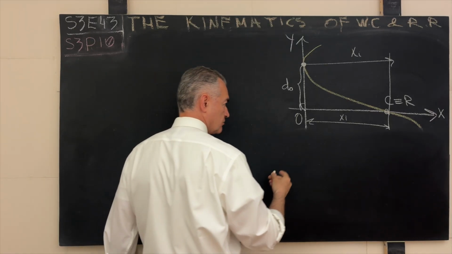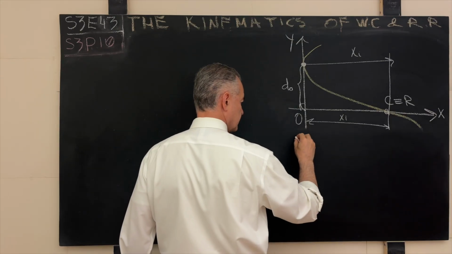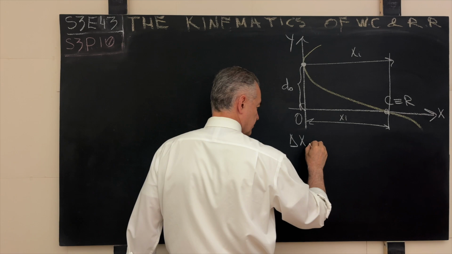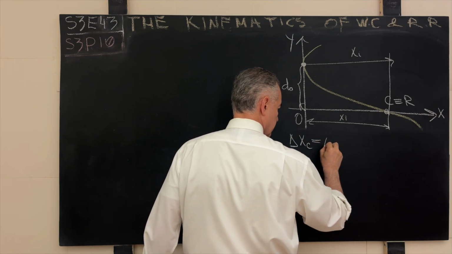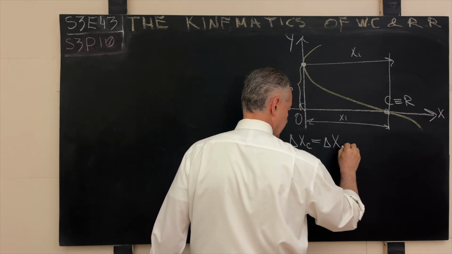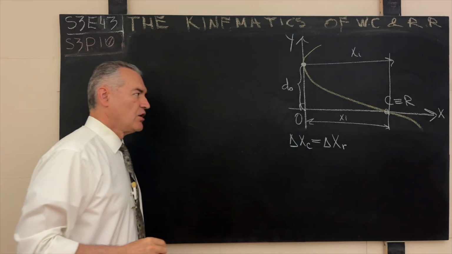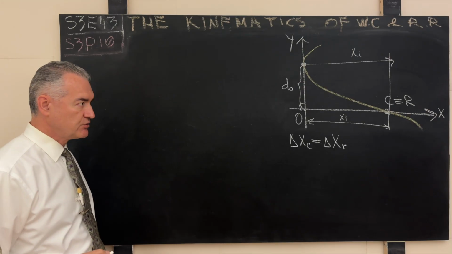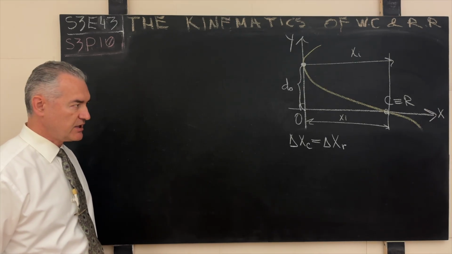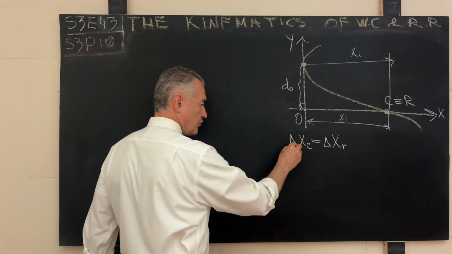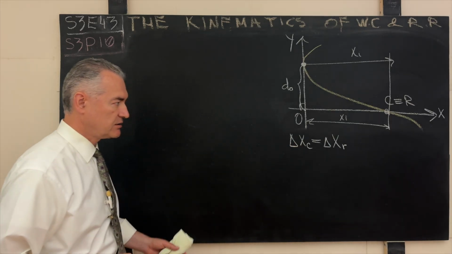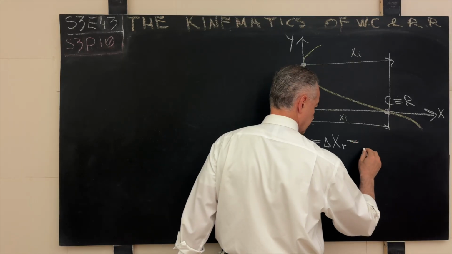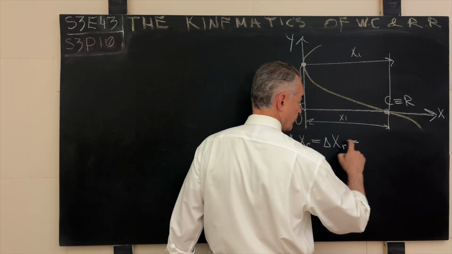We know what the deal is with the intercept. So we write it as follows. The horizontal displacement delta x of the chaser must be the same as the horizontal displacement of the runner. This is an evident condition, doesn't really take much to figure out. You do not have to be an Einstein to see that. This is the straightforward, street smart, so to speak, condition, and we already can write down the right hand side of it. What is the horizontal displacement of the point R?